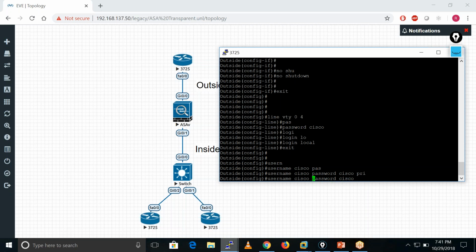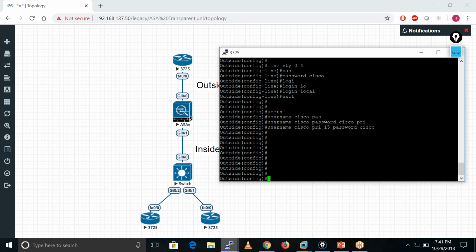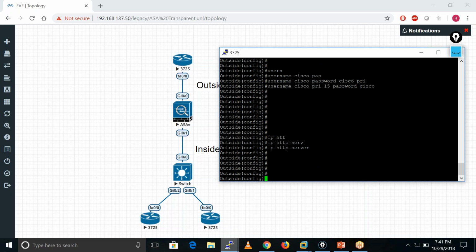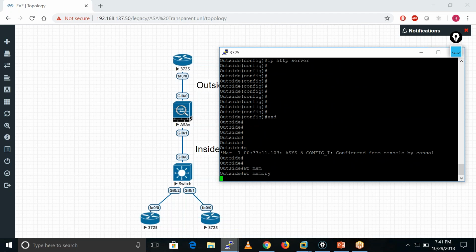I also define here privilege 15. IP HTTP server. I am done with my configuration in my outside router.